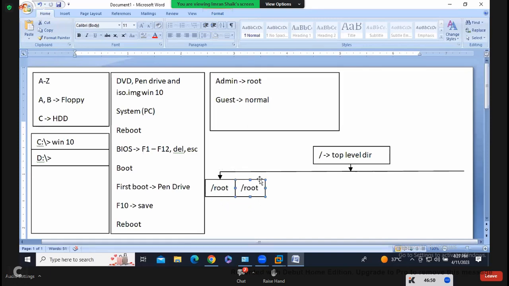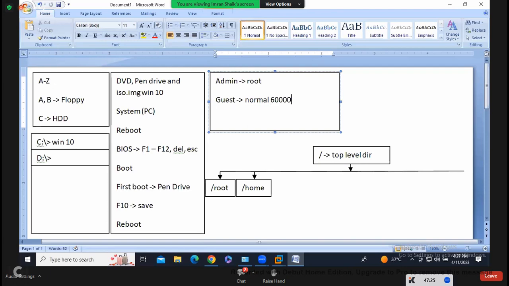It will provide the default work environment for normal users. Simple, you are all normal users, man. You are all living in one colony. That is the home directory. Inside that colony, you'll have your individual homes. Simple. Got it, guys? /home is a home directory for normal users. It will provide the default work environment for normal users. I hope you're clear about /, /root, /home. Good. Next,